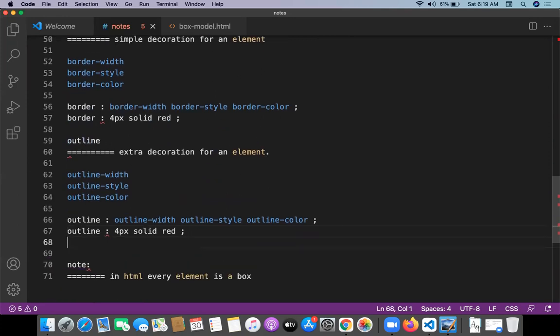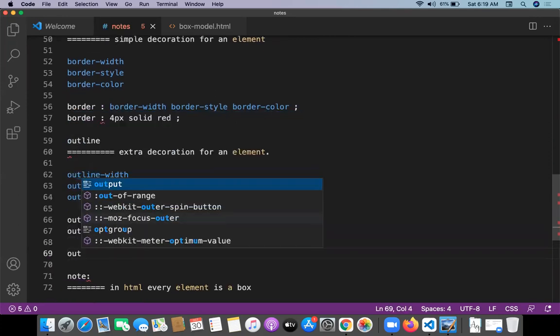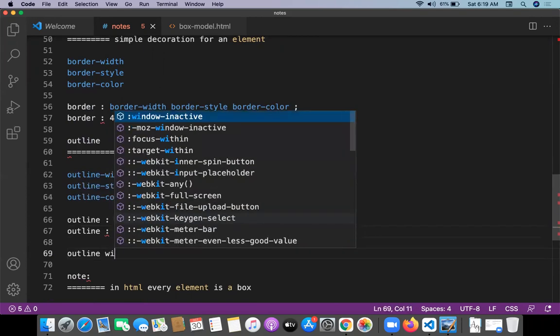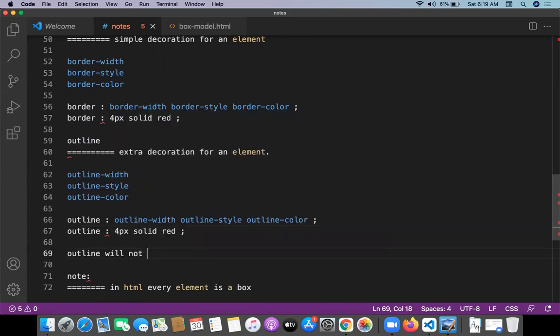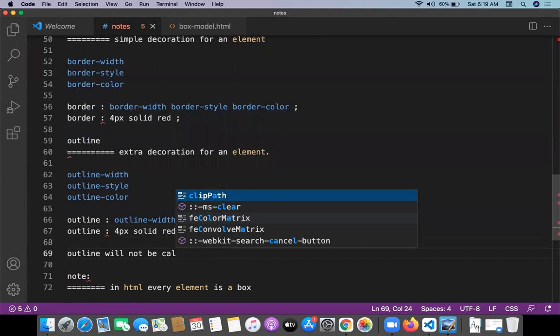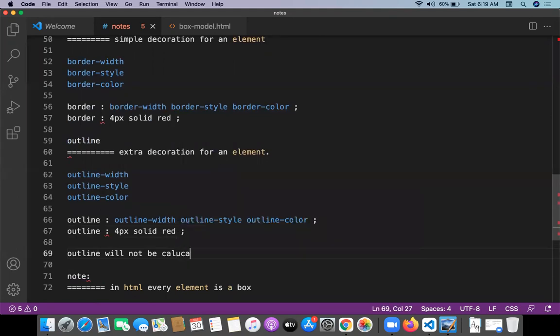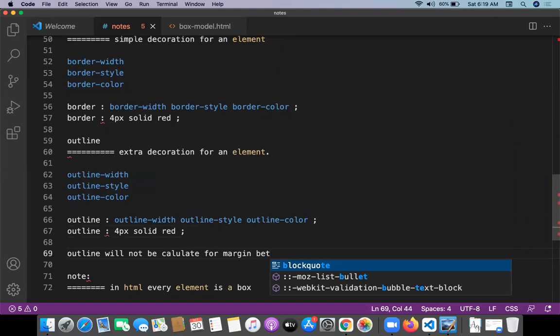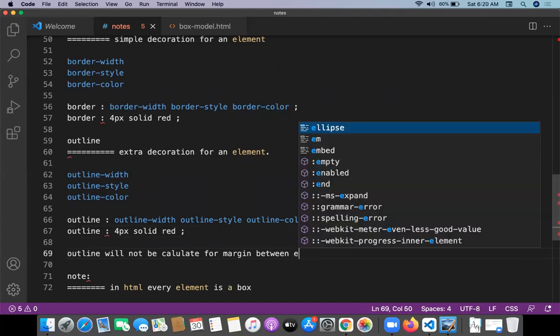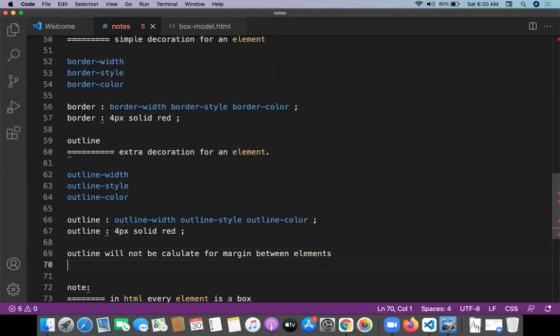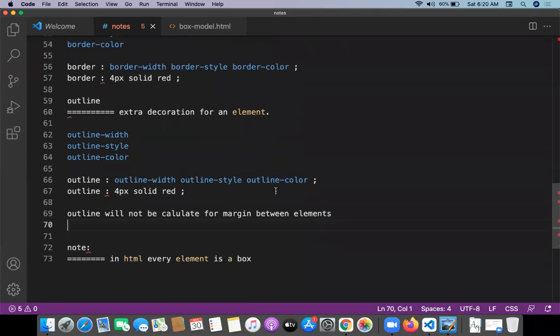One more important point for the outline: outline will not be calculated for the margin between elements. Whenever we have two elements, we allocate some margin beside them, and in that margin the outline will not be calculated.